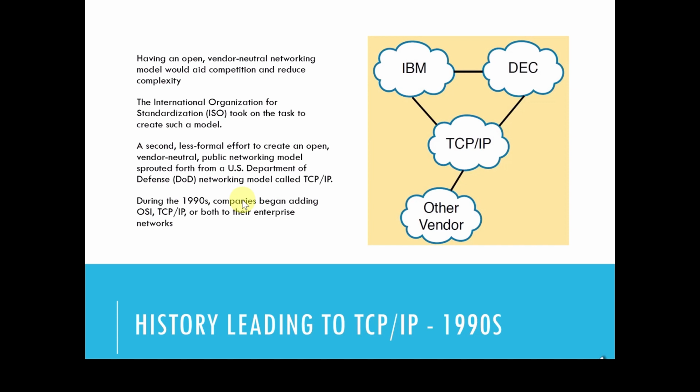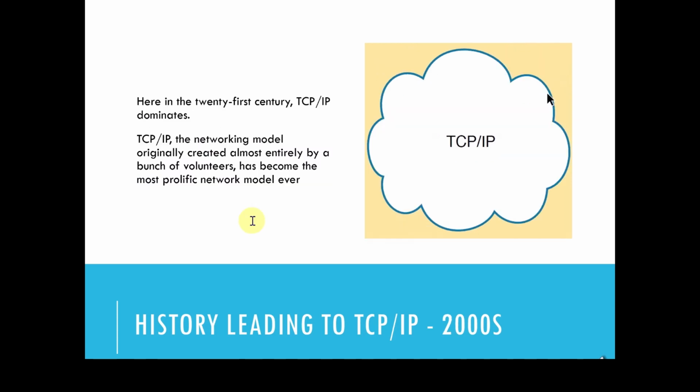Since the open standard model was quite slow to implement everything and the US standard one started producing faster outcomes, more and more corporates started to adopt the TCP/IP model. So around 2000, the ISO standard almost disappeared and everything became the TCP/IP model. Here today, in the 21st century, TCP/IP dominates everything. The TCP/IP model was originally created almost entirely by a bunch of volunteers. It's a free